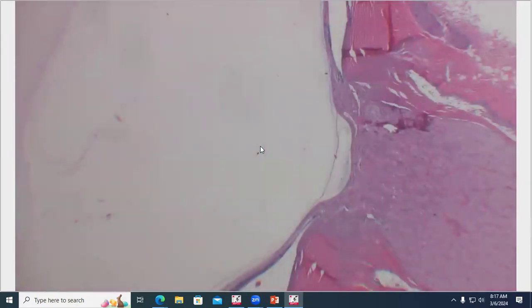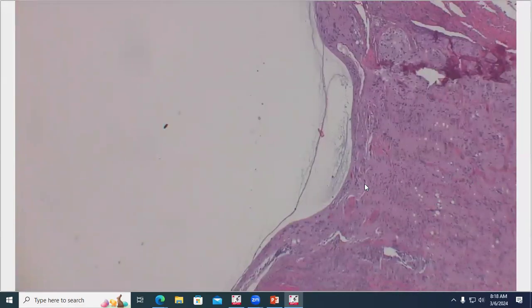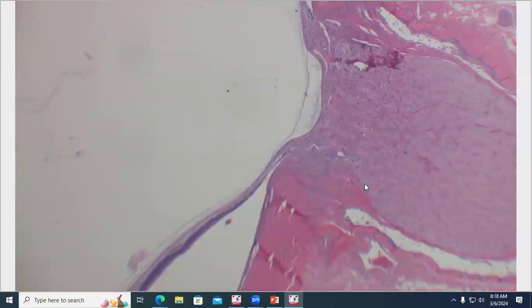We can go look at the retina and the optic nerve. So the retina is quite atrophied. So right there, we're basically full thickness atrophy. And then when we look at the optic nerve head, it is atrophied and recessed. So it's cupped. So those are the most important parts of this